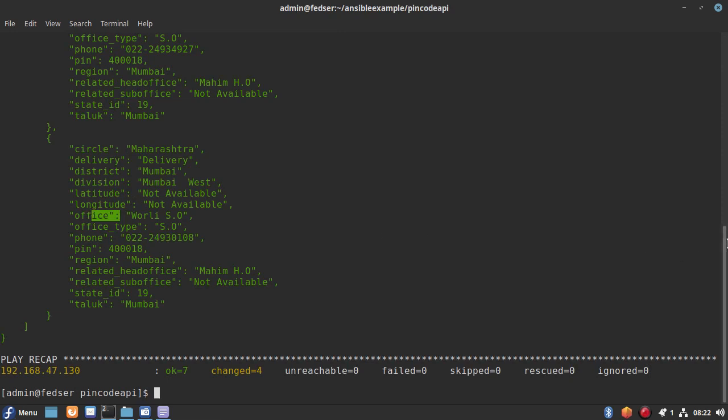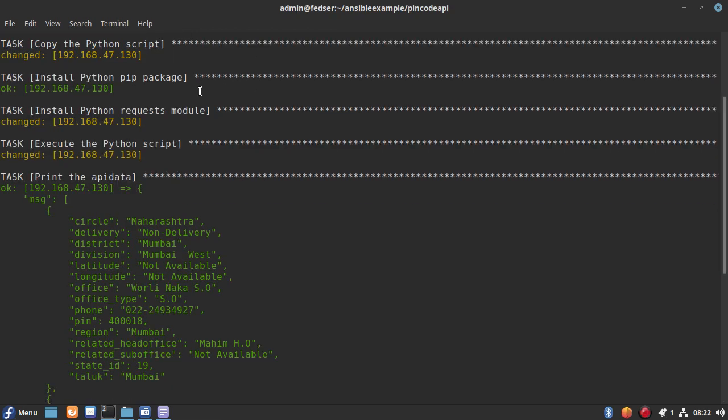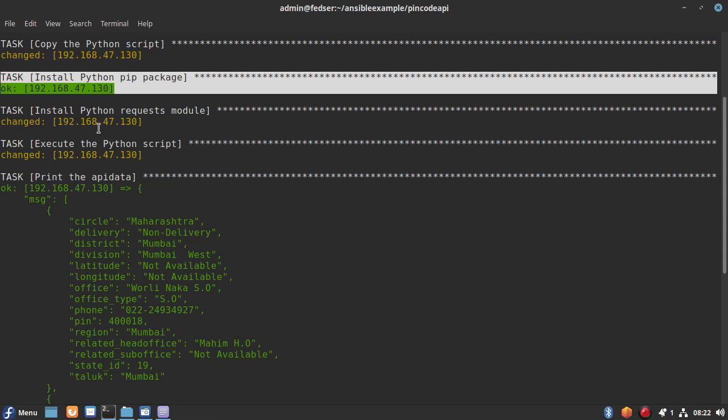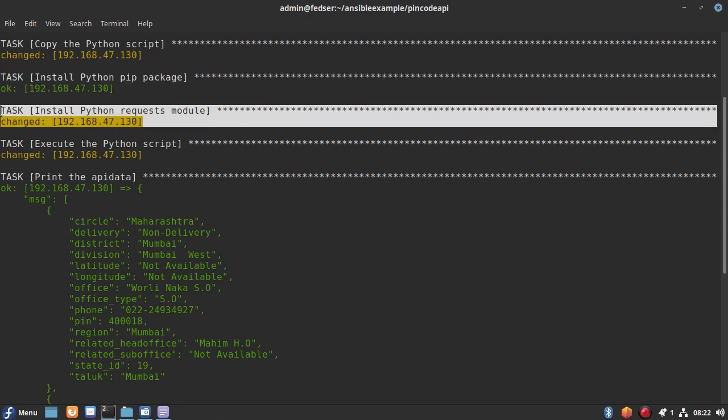Let me scroll up. So here we were. The PIP package is already available, so it showed okay, and it has tried to update my request module with the latest available version in the repositories, and then it has tried to execute the Python application with the API key which we have encrypted.